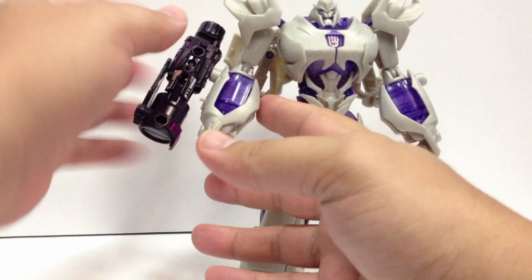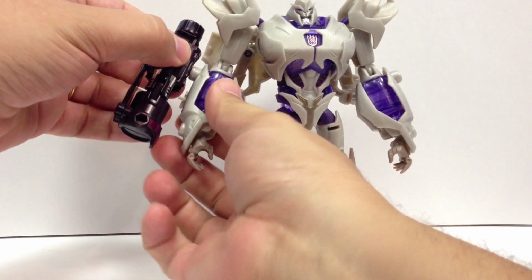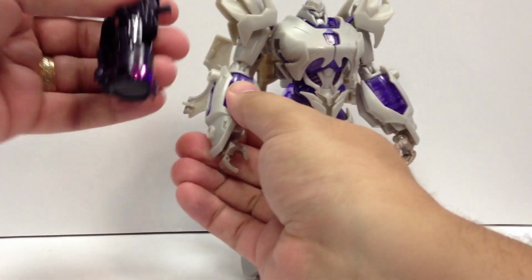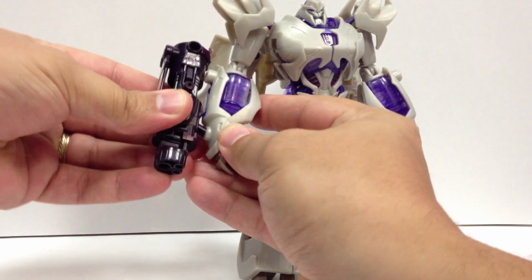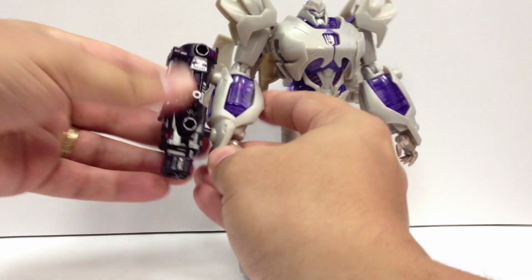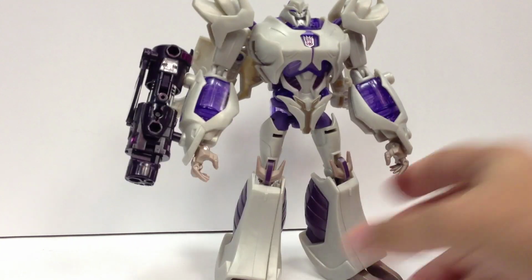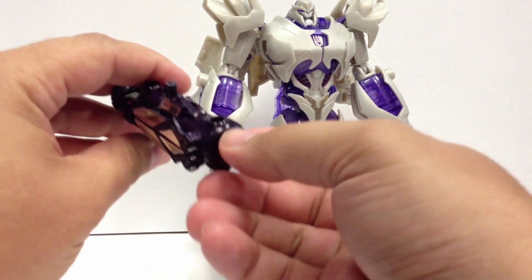And I think it sits a little closer and fits a lot better than even his light up cannon does. And while there's this, I like to turn it around like this and plug it into the wrist, because then it really sits right up against his arm without much of a gap, and looks quite cool. One of the other things you can do, if you want to have it this way but have this flipped around,